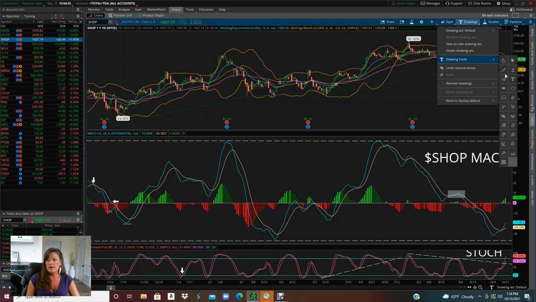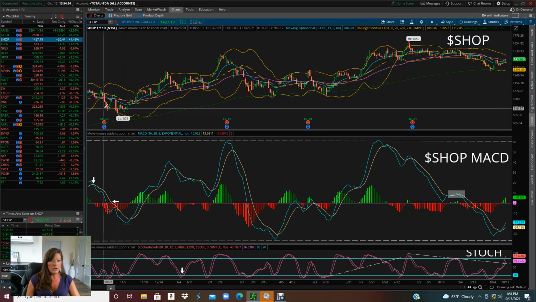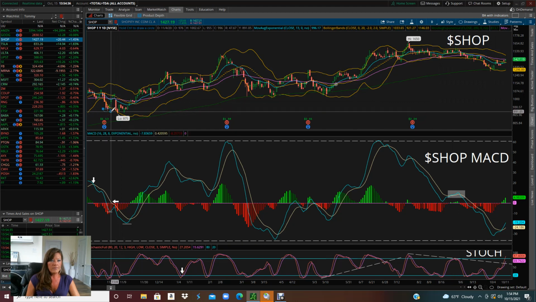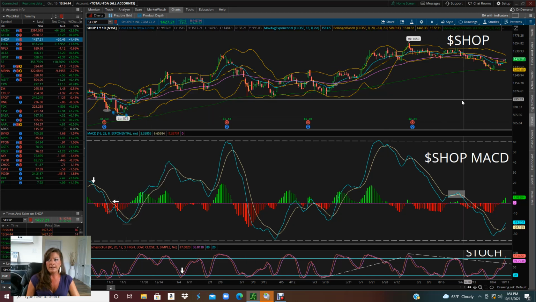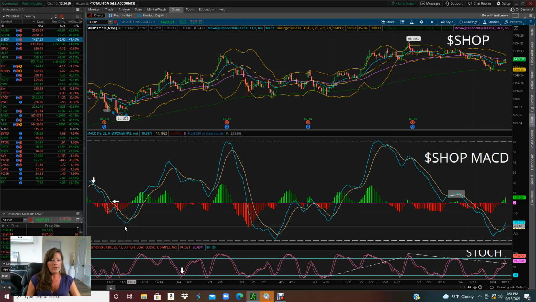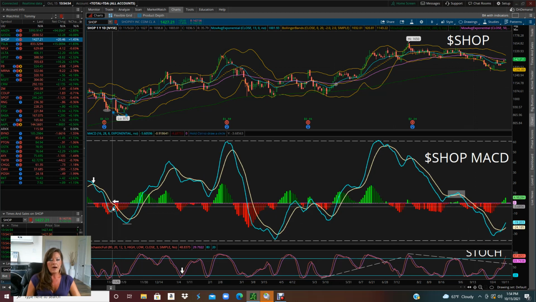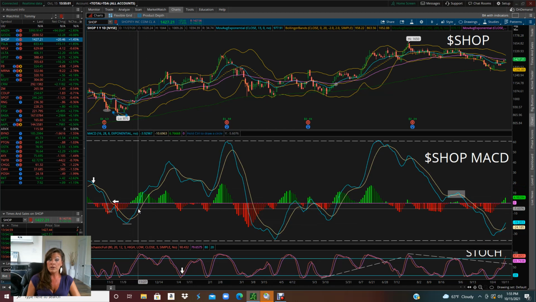Let me do my little shaded oval. Look, here's a low. Here's a lower low. It's not much, but I'm sure if I spread out my chart better, it would look more obvious. But anyway, here's a low, here's a lower low. You can use that on MACD. And then it crossed right here and raced up,